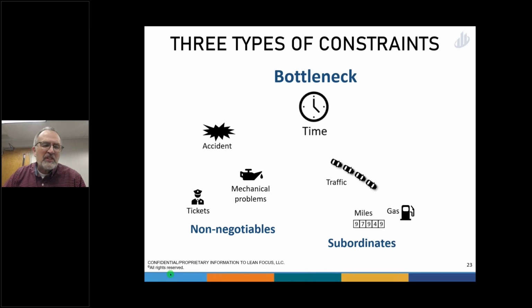Now, does that mean that we do something foolish, like say, what if the gas tank's almost empty? Oh, I'm not going to pay attention to that, I just have to think about time. Of course, we don't do something foolish like that. We look at gas, but we convert it to time as a subordinate. In other words, if I had to get gas, how much time is that going to take me? If my tank is a little bit low and I've only got 7 minutes on my GPS,